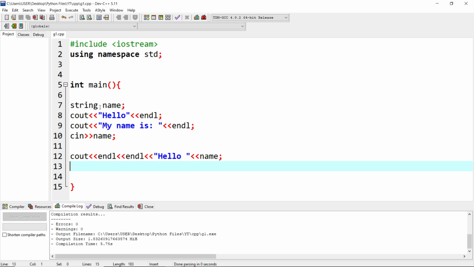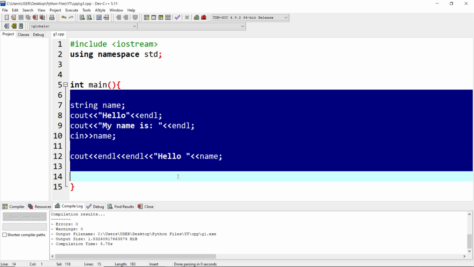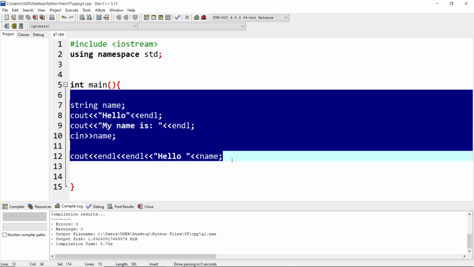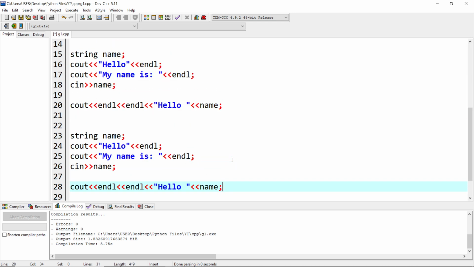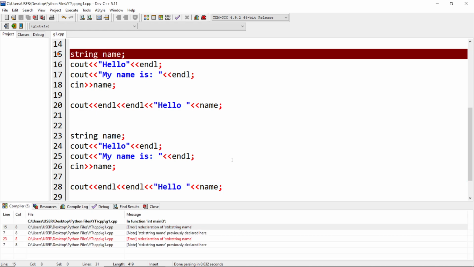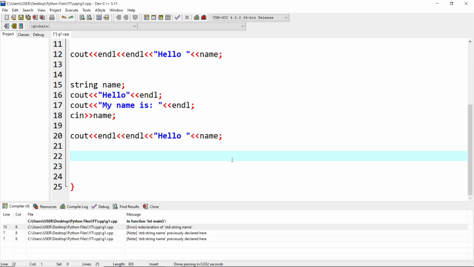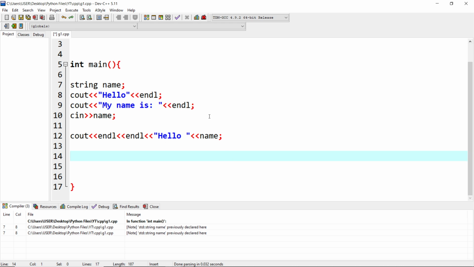Simple. But assume I want to ask my name twice or thrice, or I want to run this code a couple of times, maybe 3 times. I can actually go in and copy paste it, and it's still going to work. Oh yeah, the issue is that you have to rename the variable. But besides that,